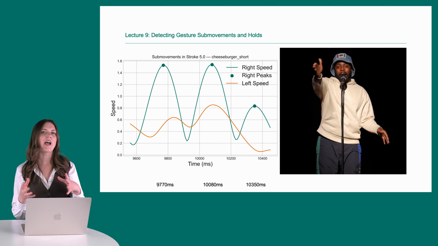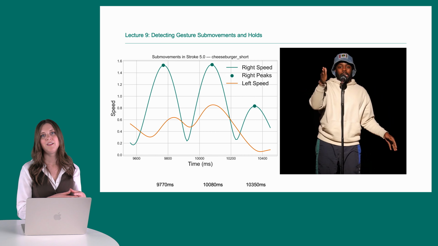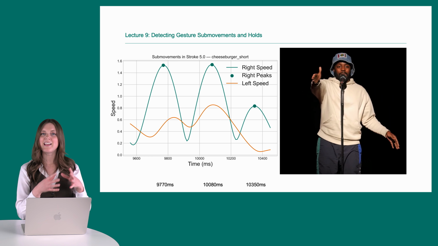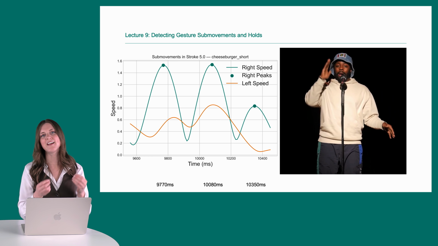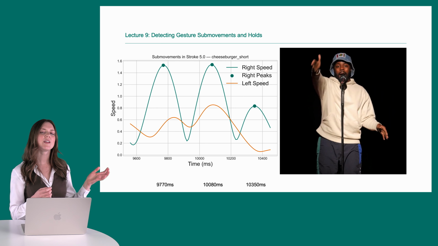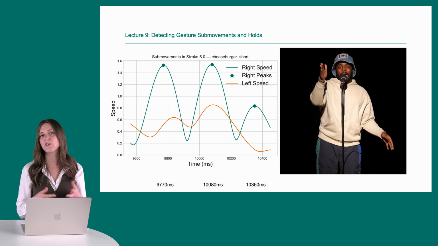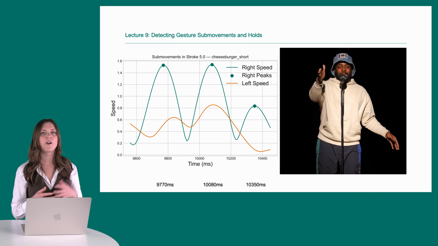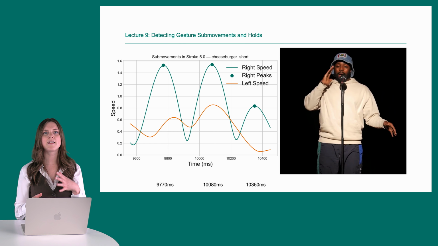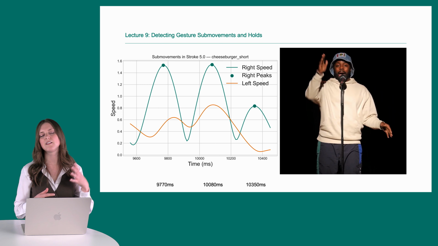Now let's take a quick look at what the left hand is doing. This stroke is annotated in ELAN as being a right hand only stroke, but we can see that the left hand is also moving quite a bit. In fact, there are 2 bumps in the left hand that seem to be fairly synchronized to the speed peaks